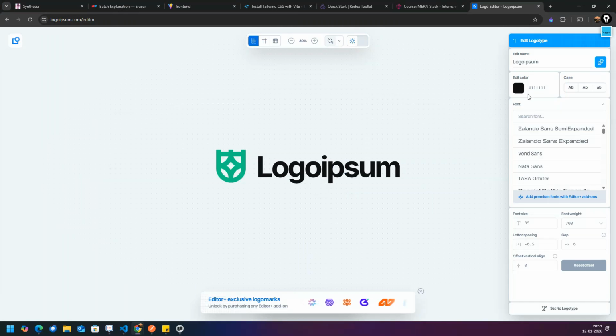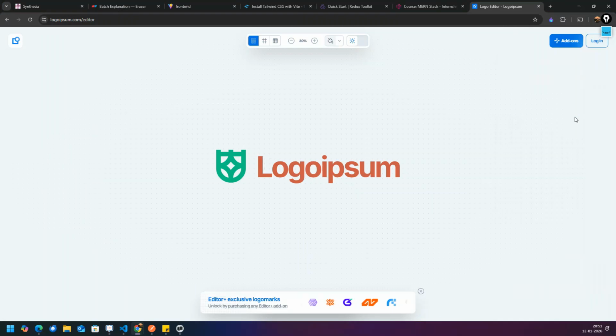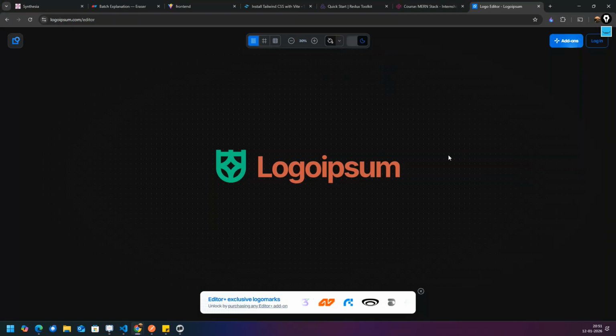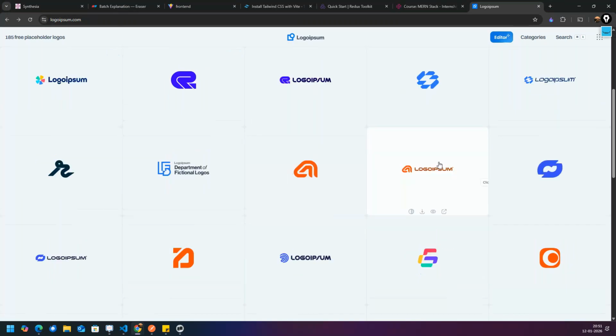If you want your text in another color, you can use those colors. You can also see how it will look in dark mode. So here you can create your own logo, and then you can use that logo.